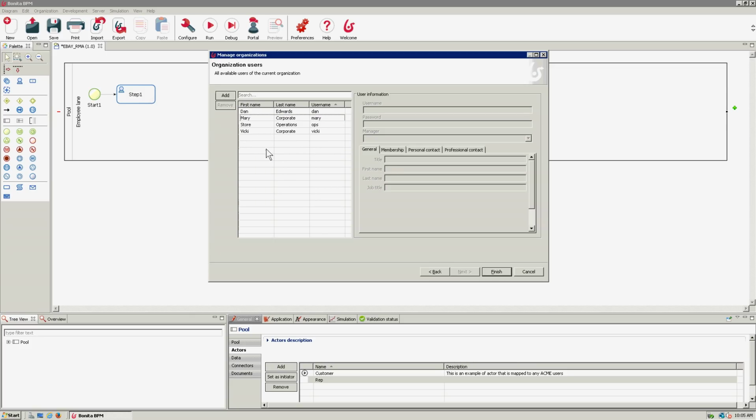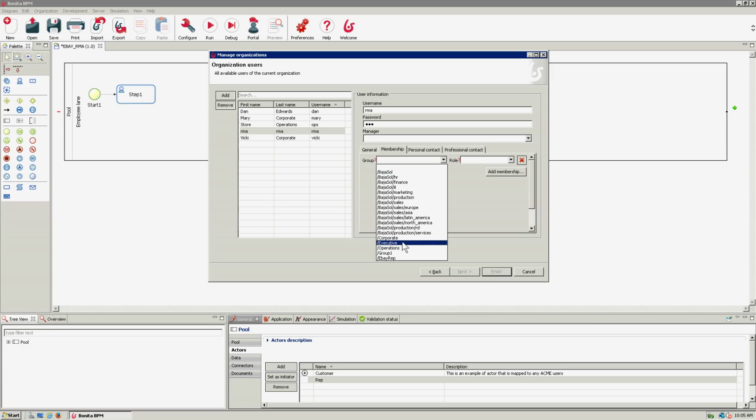And we're going to create users and attach them to one of those groups we selected. So I'm going to go add. It'd be nice to be able to have the customer log in without having to use a username and password, but I'm not sure quite how to do that yet. So when somebody requests an RMA from us on eBay, we're just going to give them the username and password of RMA. That's here. And then the first name will be RMA, last name will be RMA, and their membership will be